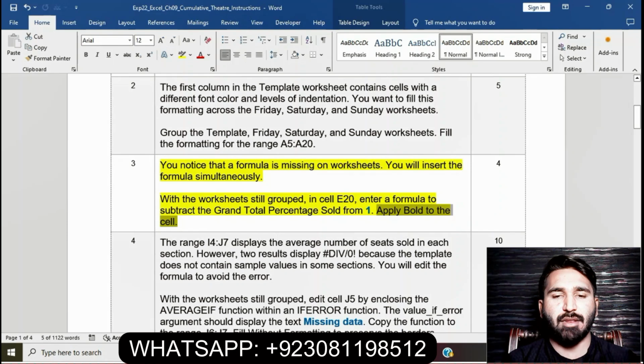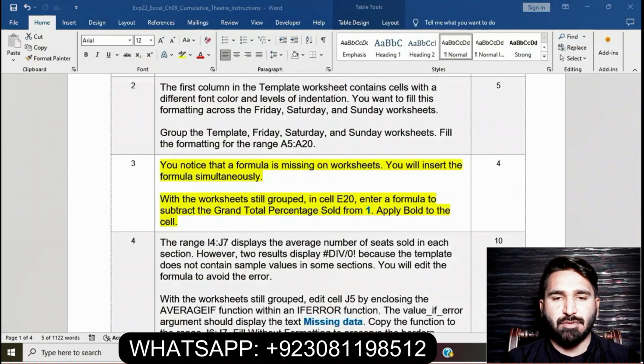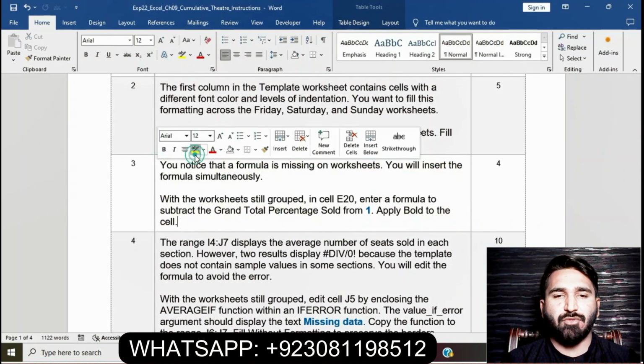Then apply bold to the cell. Click on the cell and click on Bold. Okay, bold is applied. I have done 3 questions of this assignment. Now moving on to question number 4. Question number 4 is that